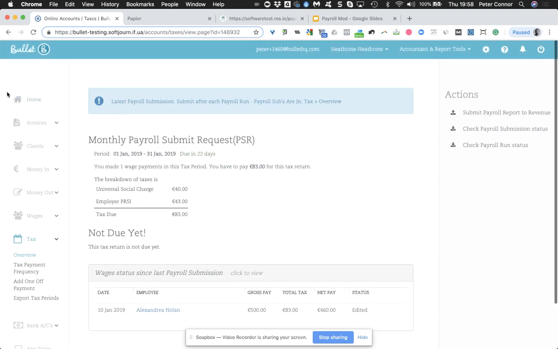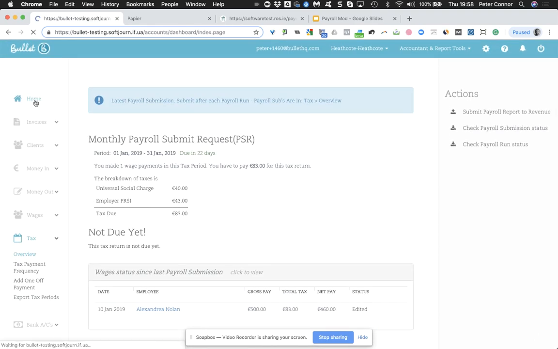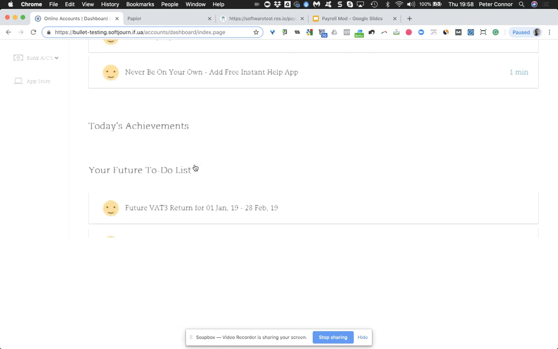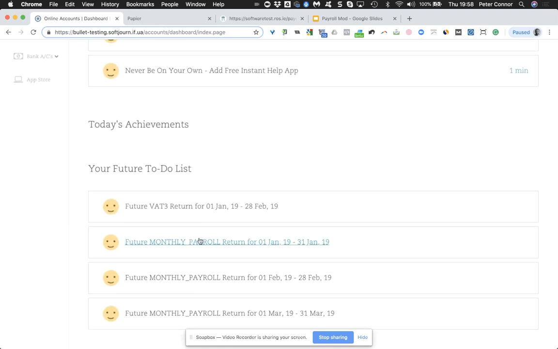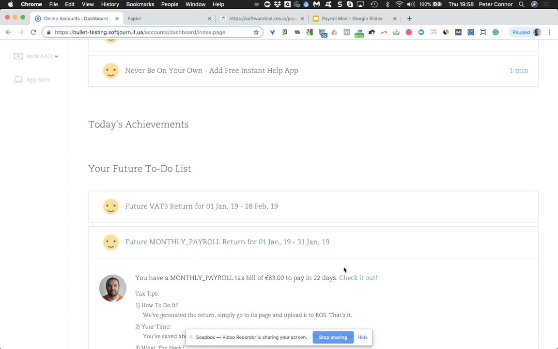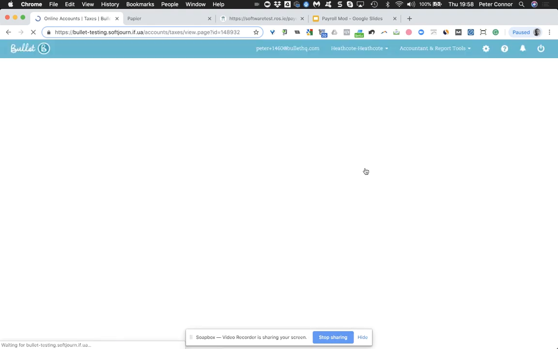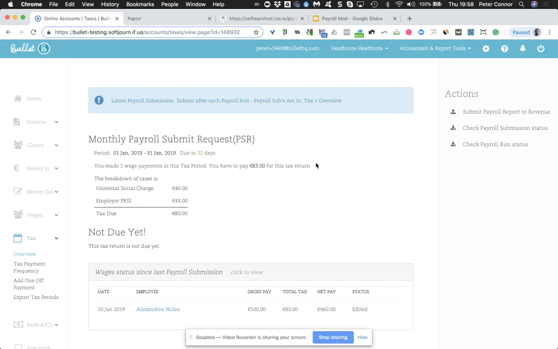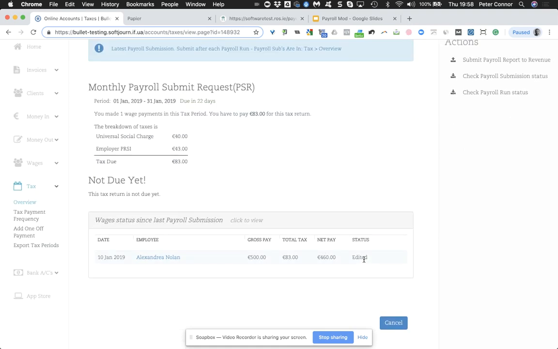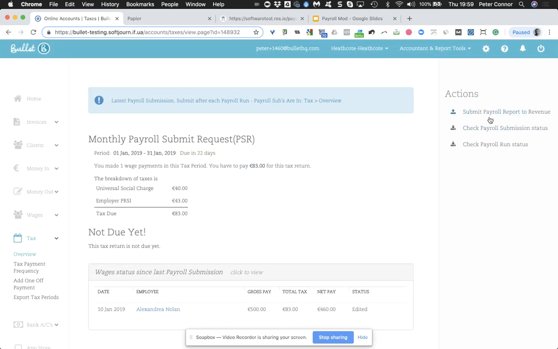to edited. If you get lost on this page and you suddenly, your head explodes and you're like, where the hell do I go? An easy way to go into it is just go into the to-do list, and we just kind of show you the next three monthly payroll reports, and they're probably most likely the one you've been working on. So there we go. There's Alexandria, and we've dropped it down to €500. It's redone the tax, and the submit payroll report has reappeared,